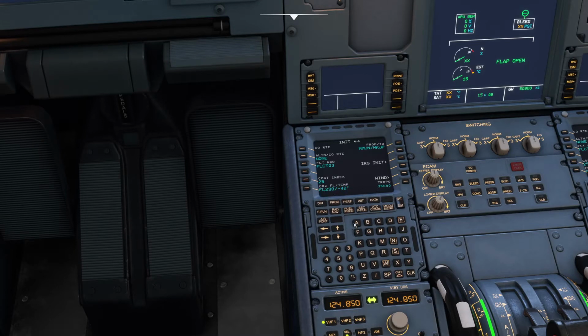So that is good. Now, flight plan. We're going to go in and change this. We're departing on runway 12 right. We're going to do the 1A departure. So that is all set, and our arrival